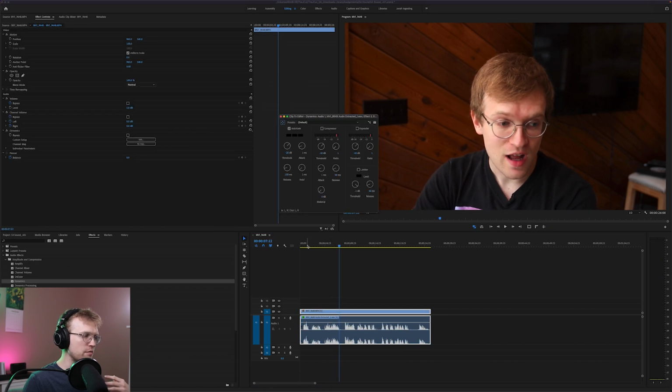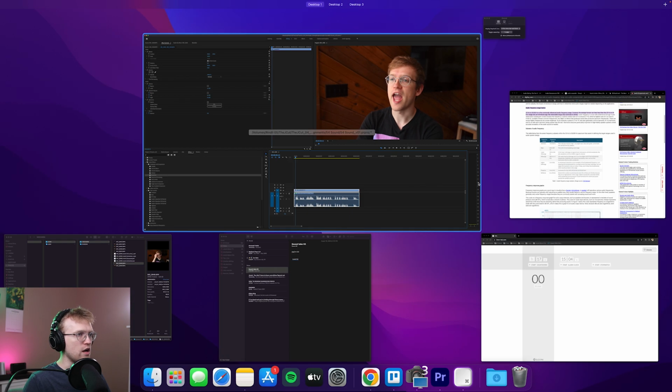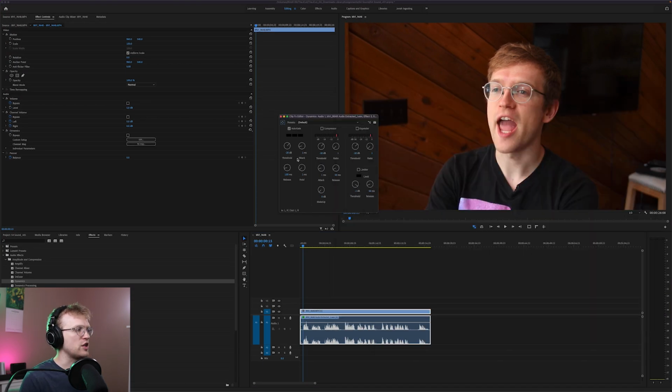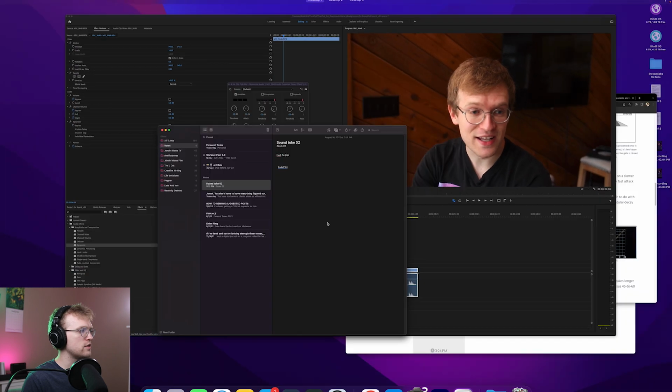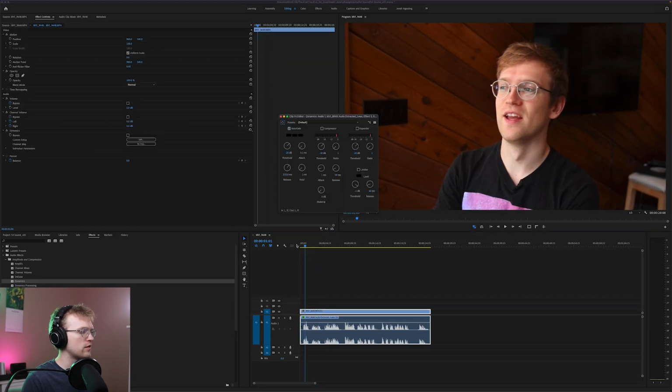Okay, so it is letting in most of the words, but it's way too aggressive right now. What we need to do is change a few of the settings. Probably what we need to change first is the attack and release. The attack is how quickly it takes effect, and the release is how fast it lets go. Basically, how quickly it will open and how quickly it will close. Okay, so we need to actually lower the attack and raise the release even more.